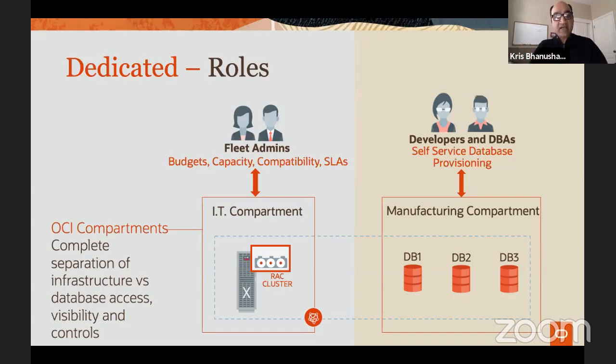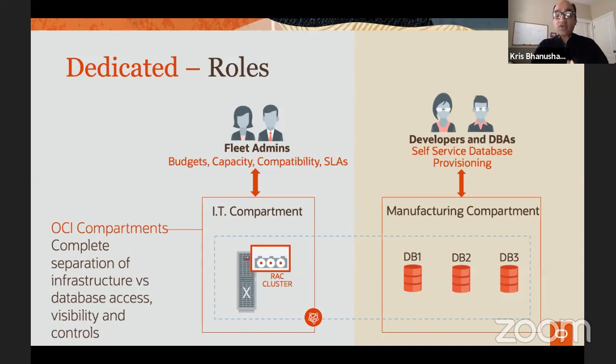what I show on the right-hand side here. So it's a very seamless, easy experience for folks on the right, the consumers of the database, to go and get databases and create them without any intervention or human beings involved. But at the same time, it gives the fleet admins absolute control over how the infrastructure is deployed, the security of the network, making sure the backups are happening in time, even if it's oversight.